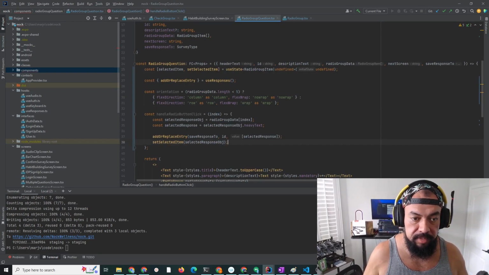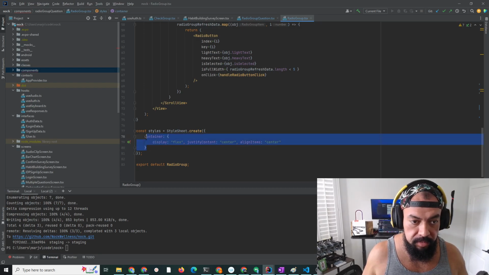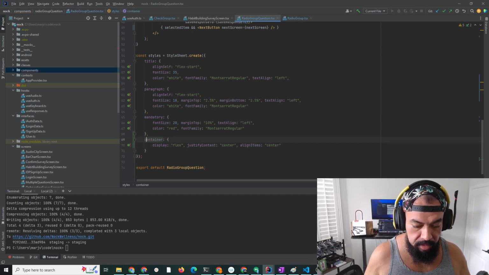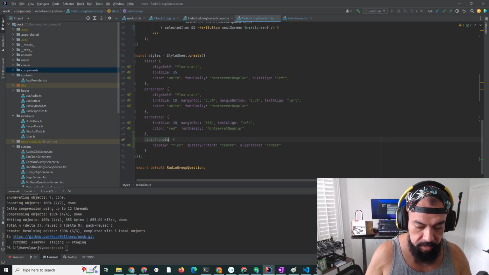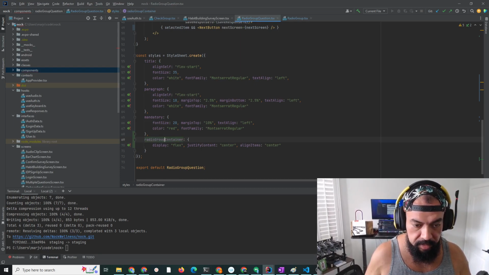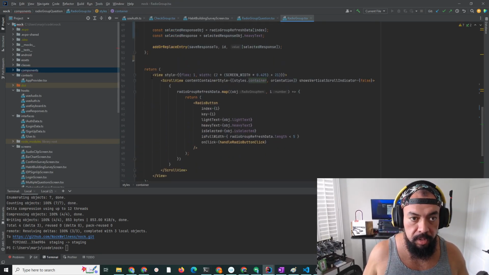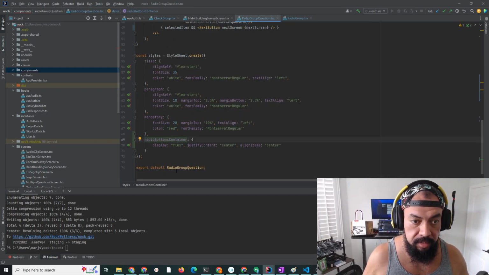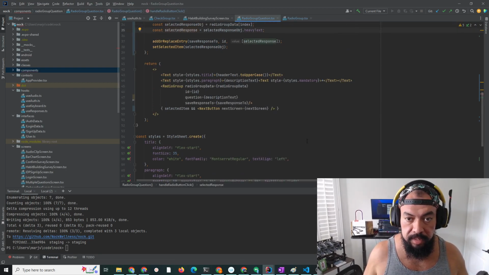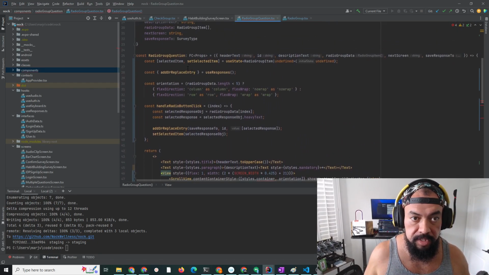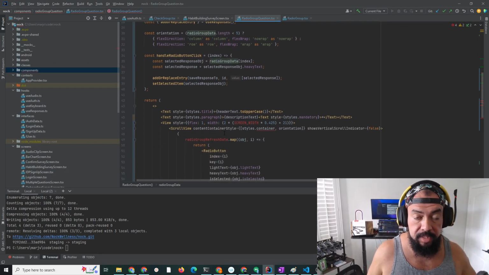And do I have styles down here? Yeah, I do. So I'm just gonna move this, and I'm not gonna call it container. Radio buttons, to signify that it's more internal. It's not like a container for the whole thing. And then I have this that I'm going to return. Instead of returning that radio group, I'm going to return this thing. And instead of radio group refresh data, it's going to be just radio group data. Okay, no, actually, so